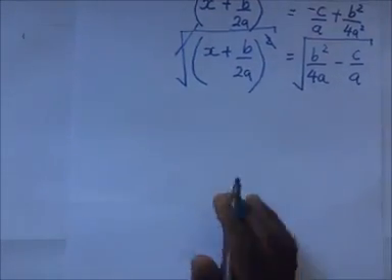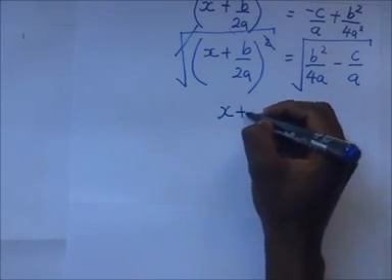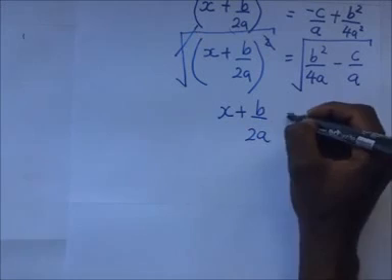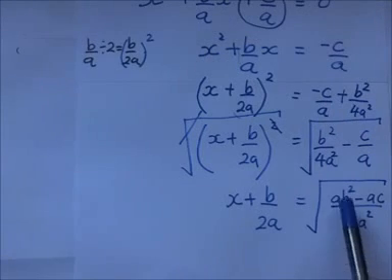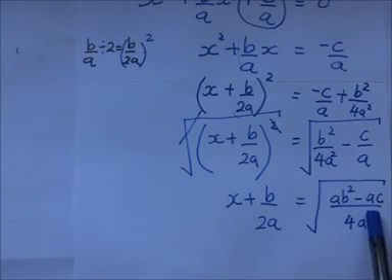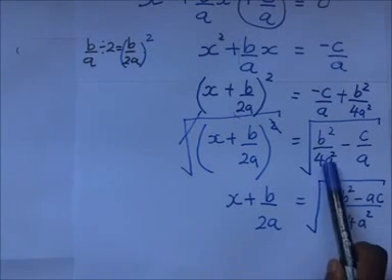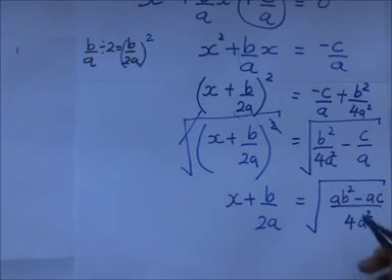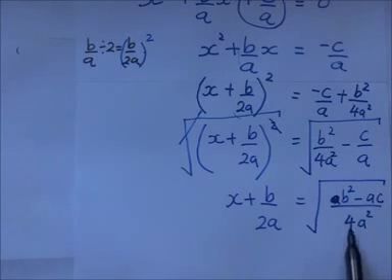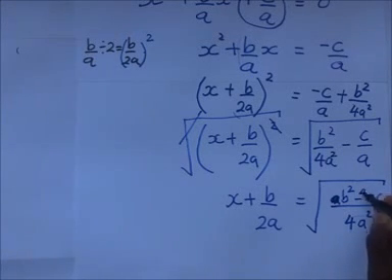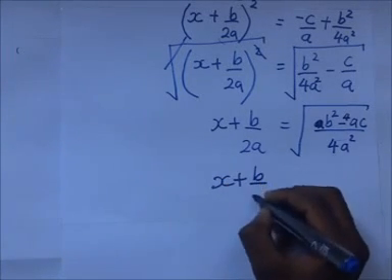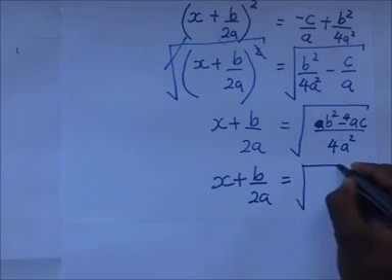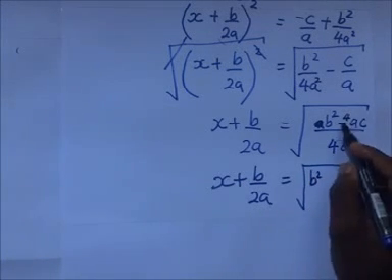We shall remain with x plus b over 2a, giving us, now this becomes under the square root. The LCM of 4a squared and a is 4a squared. So 4a squared divided by 4a squared is 1. 1 times b squared is b squared. Then 4a squared divided by a is 4a. 4a times c is negative 4ac. So x plus b over 2a is giving us the square root of b squared minus 4ac